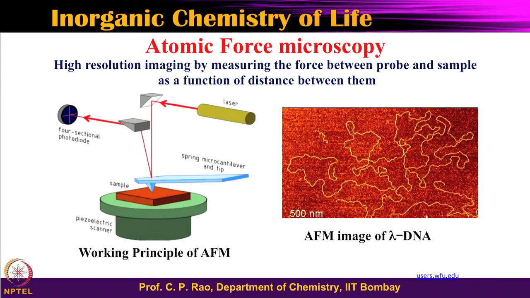So, we can look at another microscopy which is very commonly used, the atomic force microscope. In this, in fact, you can see the DNA structure very nicely. On a certain surface you have up to about a 500 nanometer kind of scale. So, very nice. So, using scanning electron microscopy called SEM, transmission electron microscopy called TEM, and atomic force microscopy called AFM,